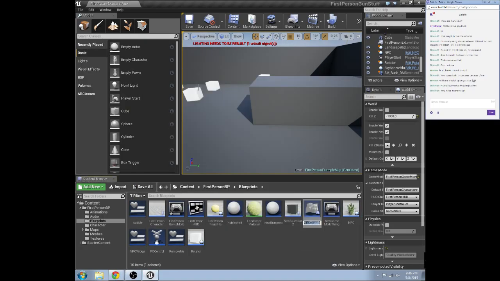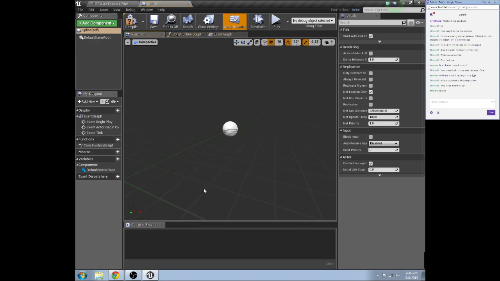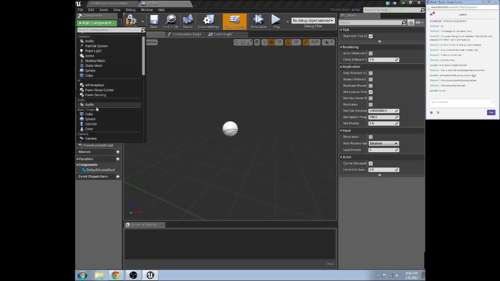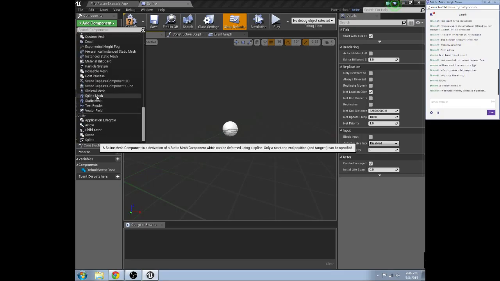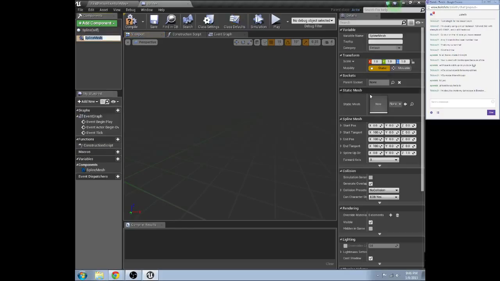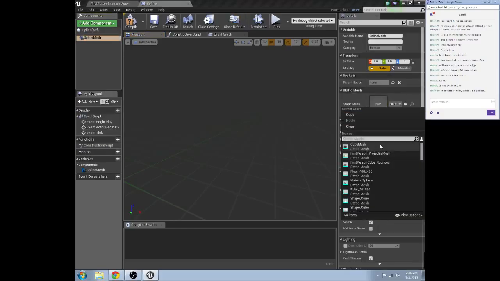Let's see. We're gonna go with an actor. I'm gonna try. Well, let's add a spline component. And we're gonna make it a